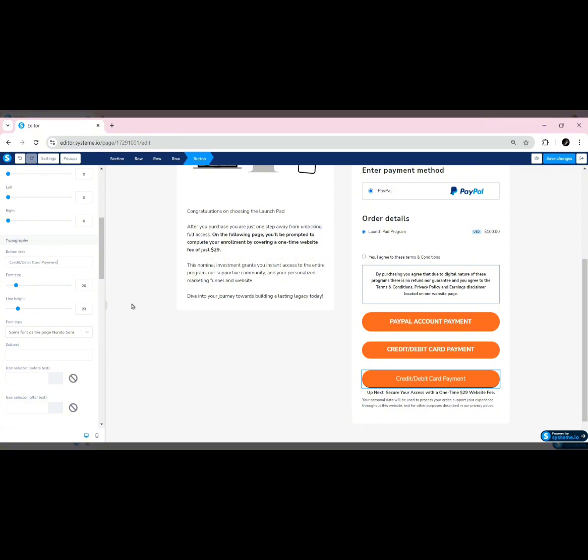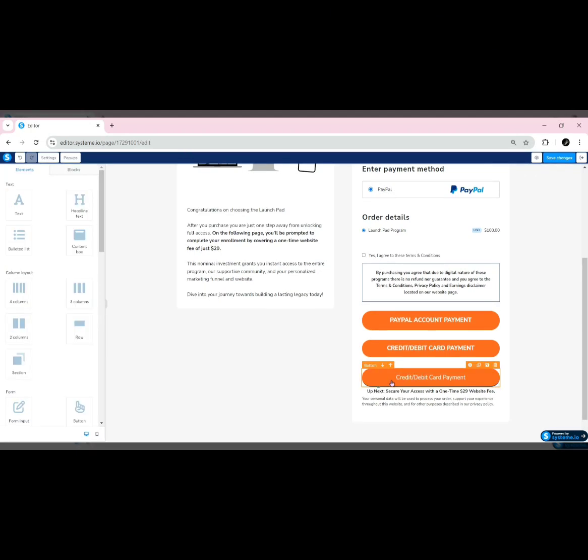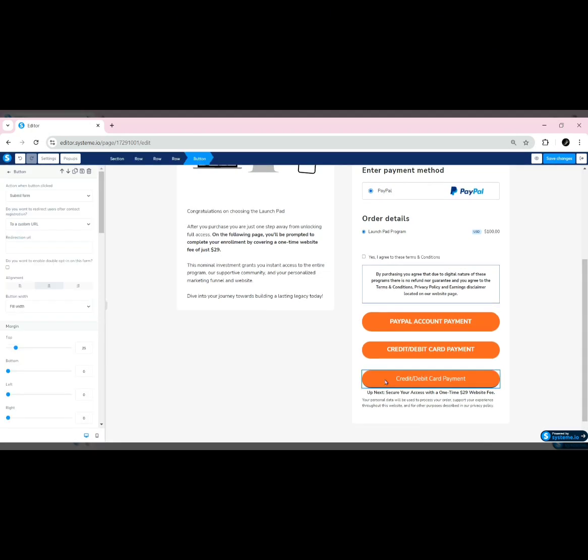And you can name it whatever you want, whatever you feel like feels right to you, whatever you would, if you went onto some website, what would make you less confused and what would make you actually push the button. So, okay, I'm not going to go through the whole process of changing that one button, but what I want to show you is once you have that button and you are happy with it,